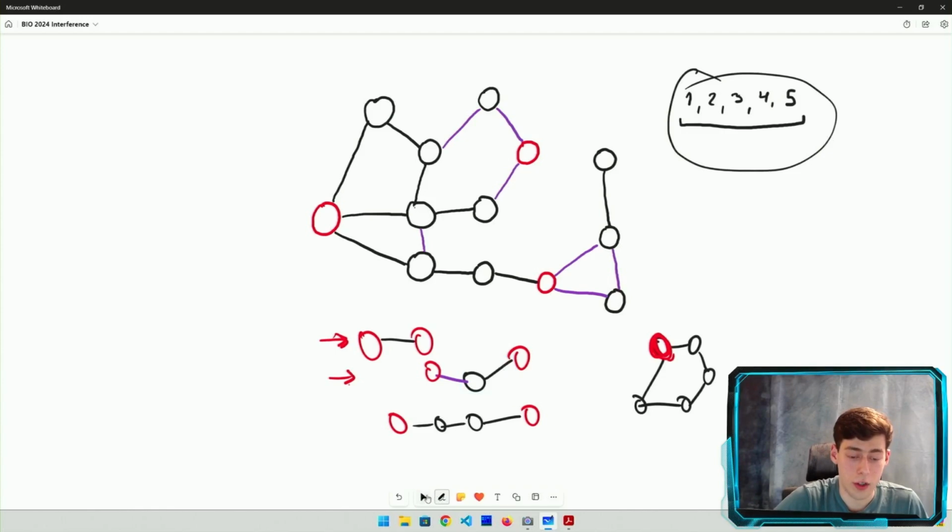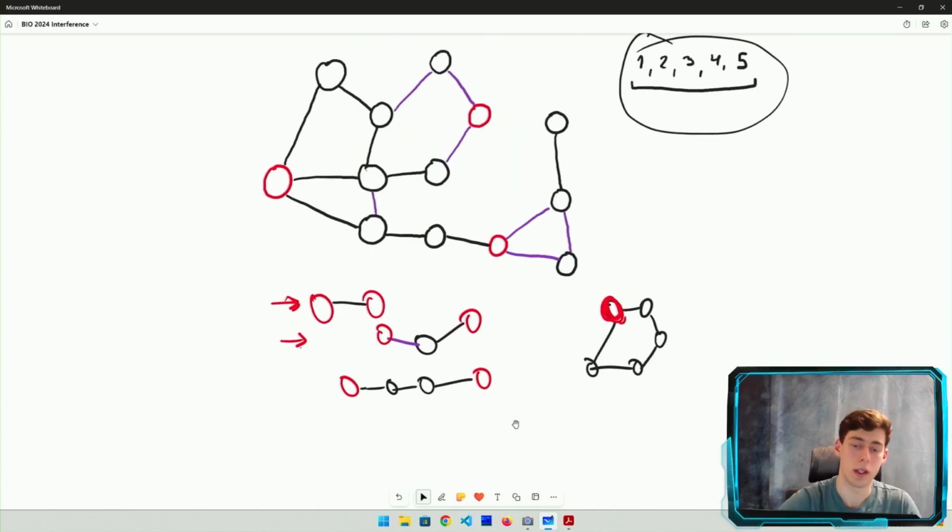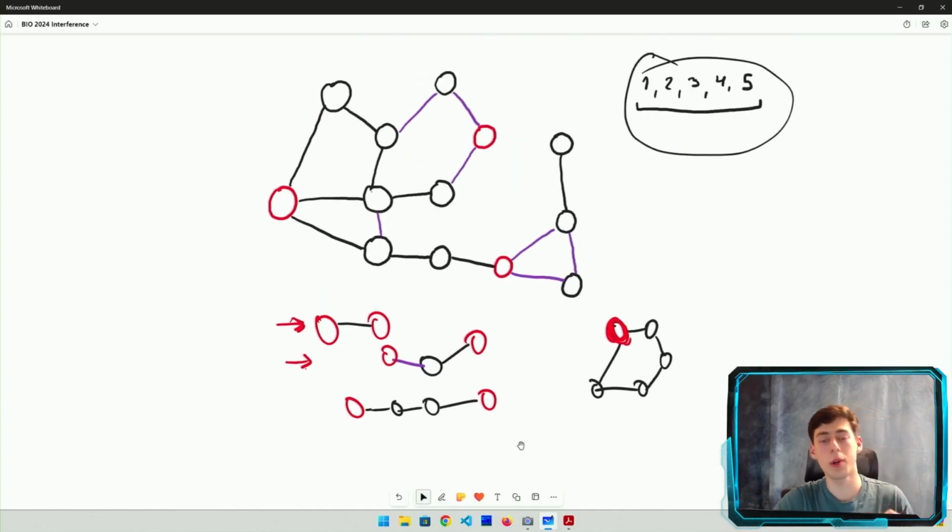First of all, let's look at pretty much the only key information we're given, which is all this business about the nodes in disrepair, right? We're told that every cycle contains at least one node in disrepair, and the distance between every pair of nodes in disrepair is at least 3. So what can we say about the nodes in disrepair? Well, first of all,